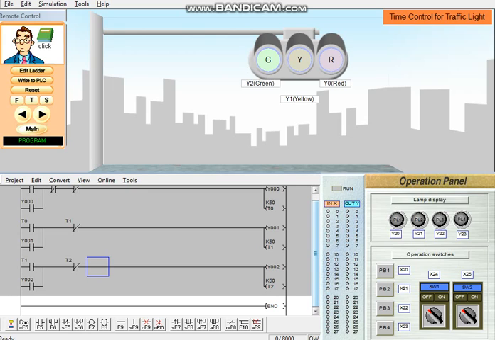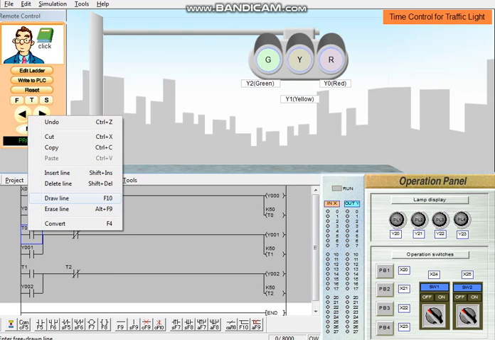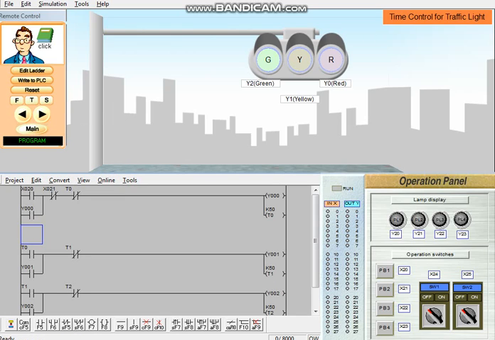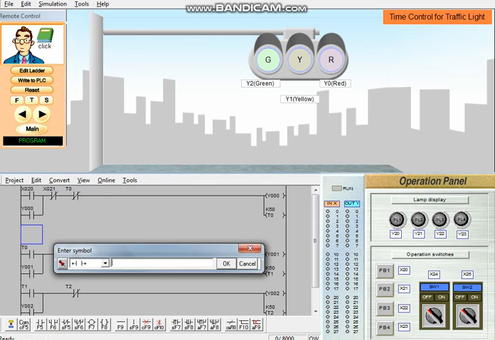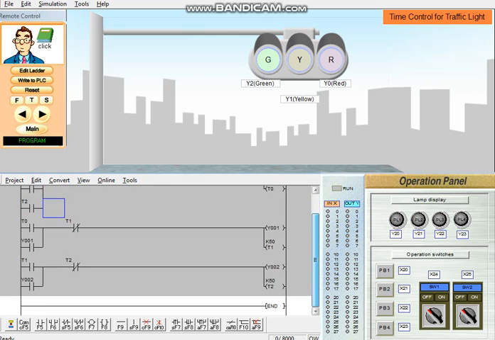Okay, now I ask you to make the program continuous. So you need to connect a normally open contact here, which is addressed to T2, because the last timer is T2.